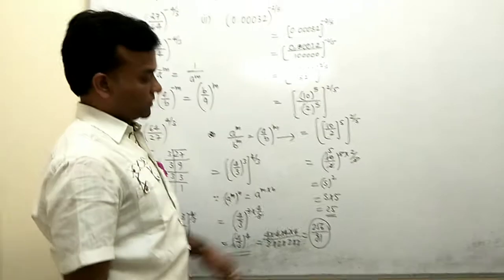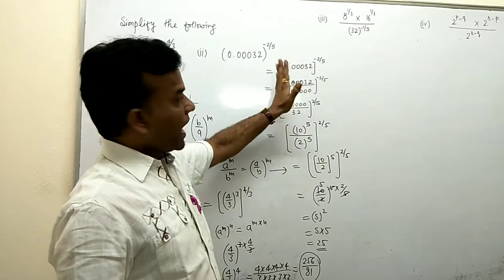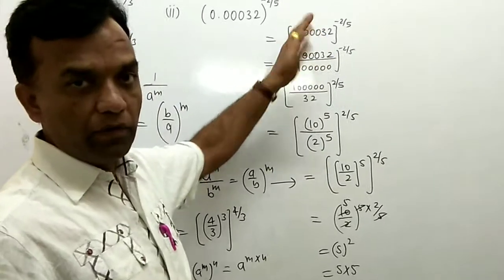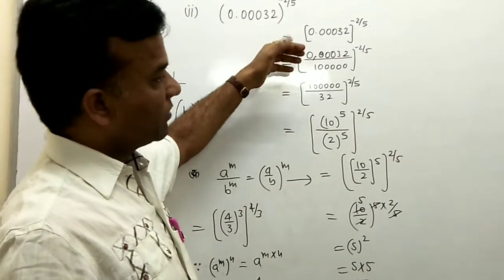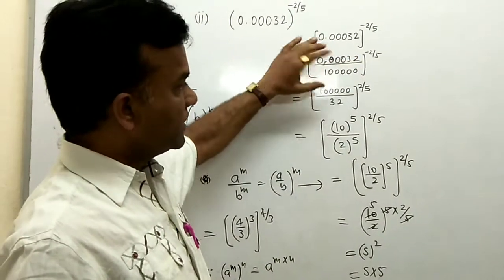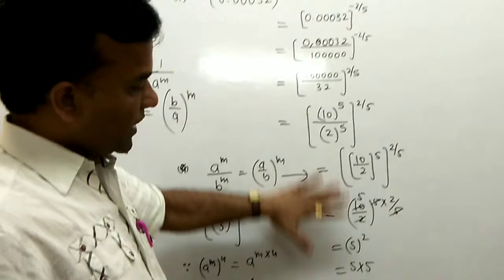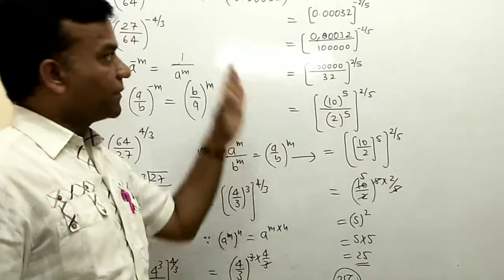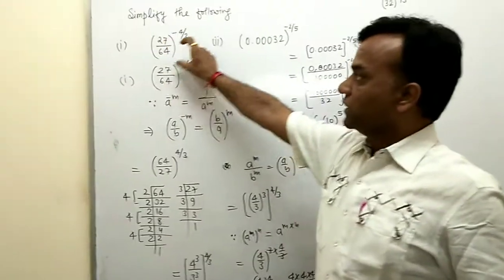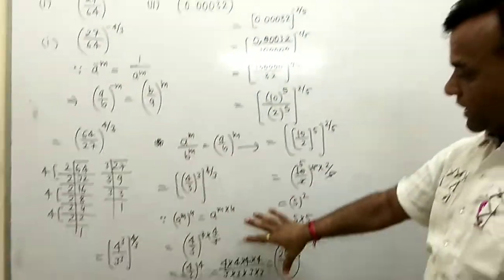Okay, so again now you have completely simplified. You have 0.00032. After the decimal you have 5 digits, so you put 5 zeros in the denominator, but our power is negative. So first we change our power, because here we convert the negative exponent into the positive exponent. Then your bases are reversed. So your denominator changes into the numerator, and the numerator changes into the denominator. And then completely here we simplified, and then we got the answer 25 after simplification. Okay, so these are the two varieties of the question. One question is given in the form of a fraction, and one question is given in the form of a decimal. Both here we simplify, and then we got the answer.